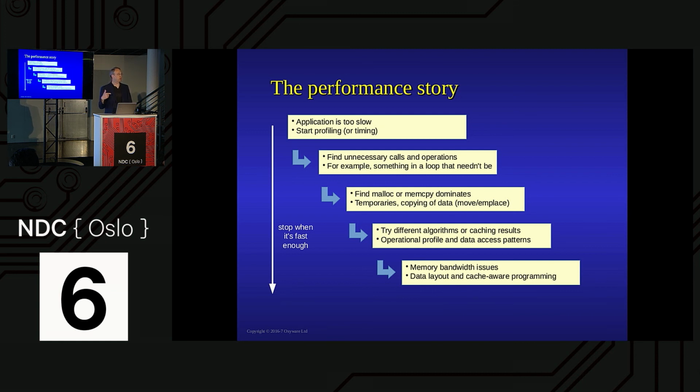one. This then really you start asking about operational profile and data access patterns. Have you got a read-heavy or a write-heavy application? It makes a big difference as to whether caching makes a difference to you, caching both at the application level and at the hardware level. And then right down at the bottom, you're really getting down to memory bandwidth. And you're then starting to say, well, actually, how do I lay this out? How do I use the cache in a better way? But to start playing around with trying to do cache-friendly stuff when you're throwing things away on malloc is you're starting at the wrong point.